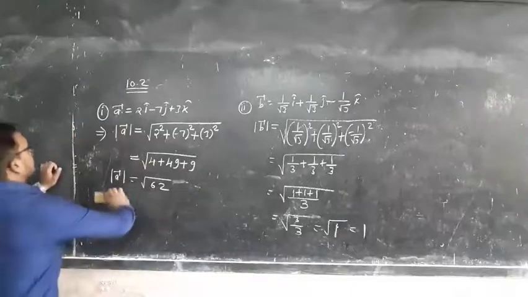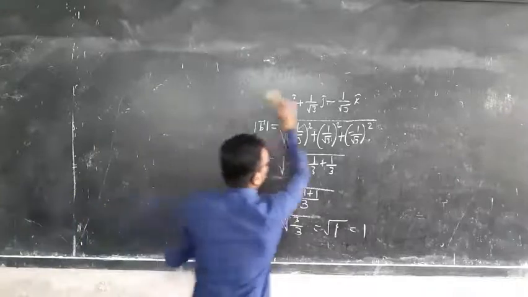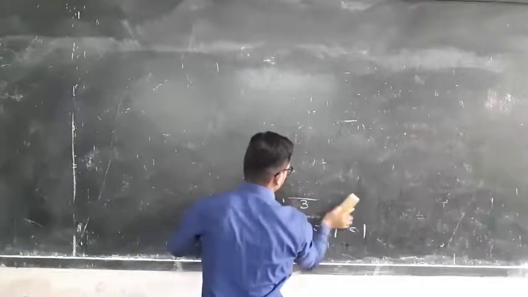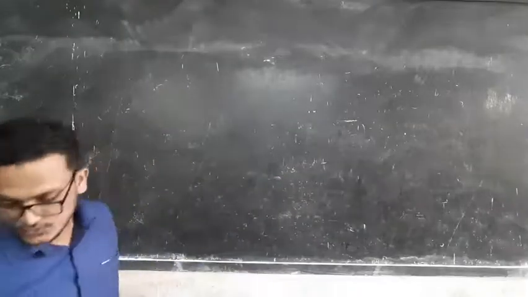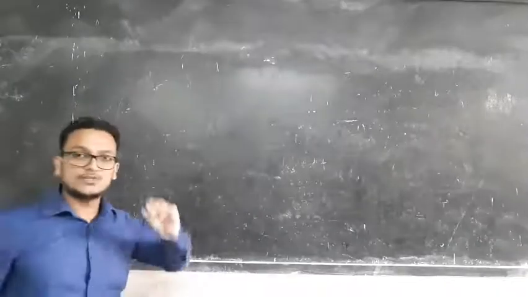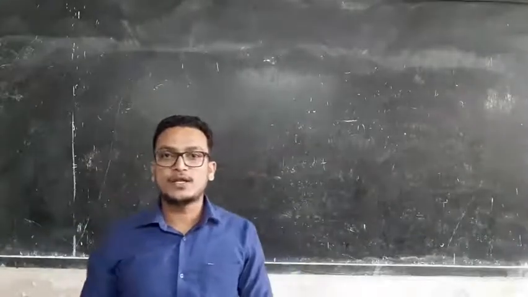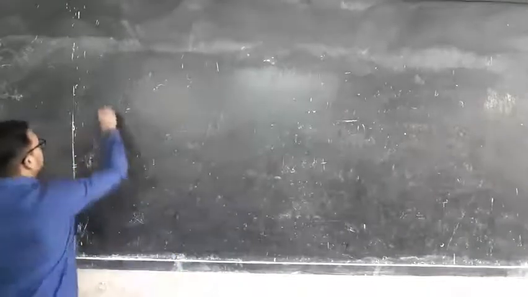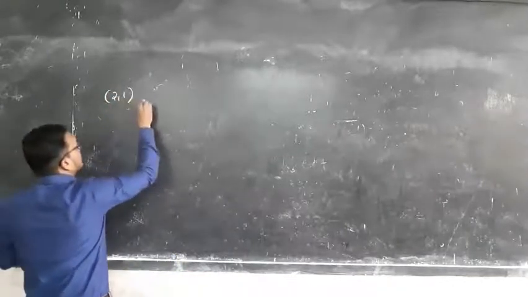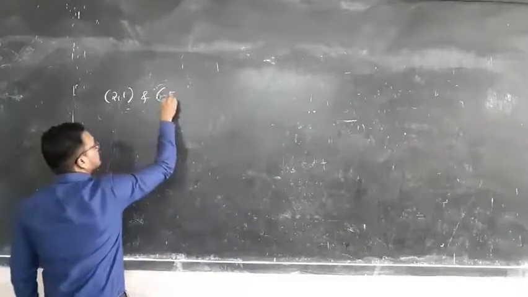Okay, let us take the next example. From the exercise I am not going to solve all the examples which are similar. I am going to skip those, and the ones which are different from each other, those I am going to solve here. So the next question is: find the scalar and vector components of the vector with initial point (2, 1) and terminal point (minus 5, 7).